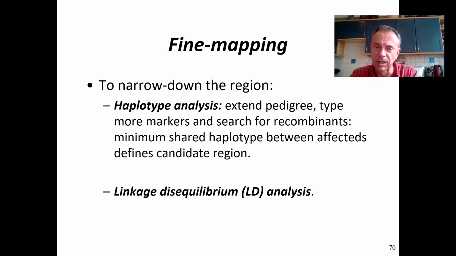So how do you get finer? One thing you might try is typing more markers, because it might be that one marker has been uninformative, because it happens to be homozygous in a particularly crucial mating. You type a different marker nearby, it's heterozygous, and that might tell you there's a recombinant there. Every time you get a recombinant, that tells you that the disease locus is on the other side of that marker. So you can type more markers and get more recombinants, and try as far as you can to get a minimum shared haplotype, which all the affected subjects have got, in which you think the disease gene might be. But that might not work, because